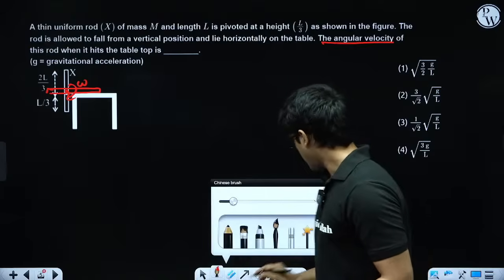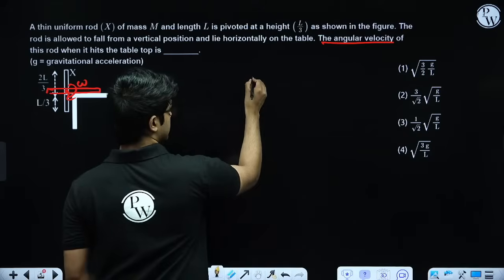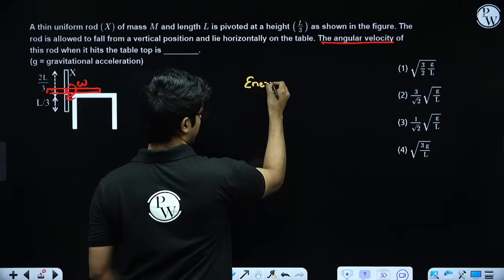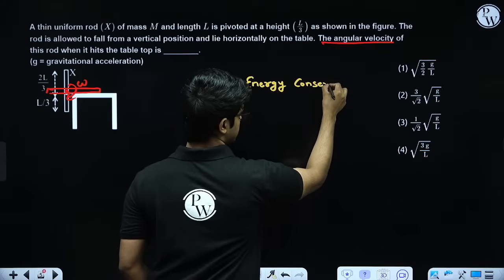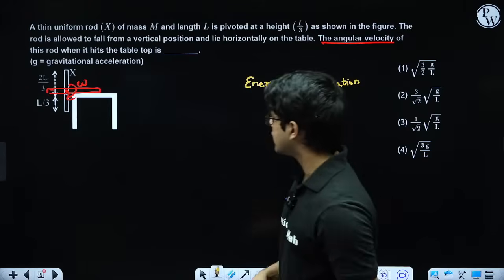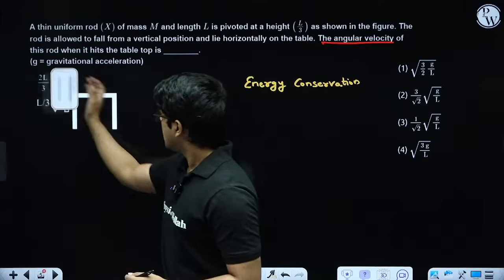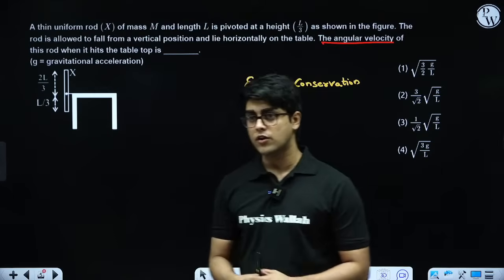Okay, so this is a very standard problem. The main idea here is simply energy conservation. Whenever we have to find omega, most probably it's just going to be energy conservation that is being applied. Okay, so the way to think about this is, initially the kinetic energy of the rod is 0,